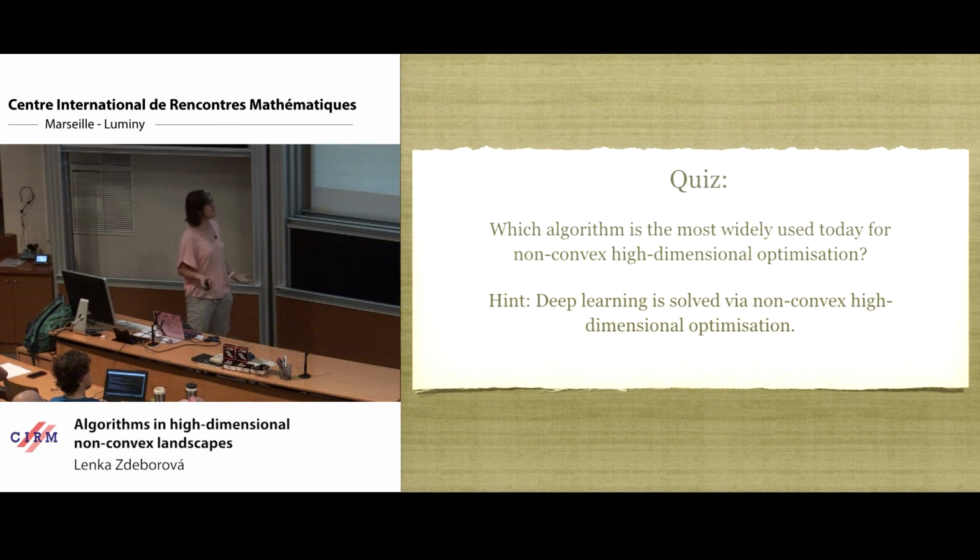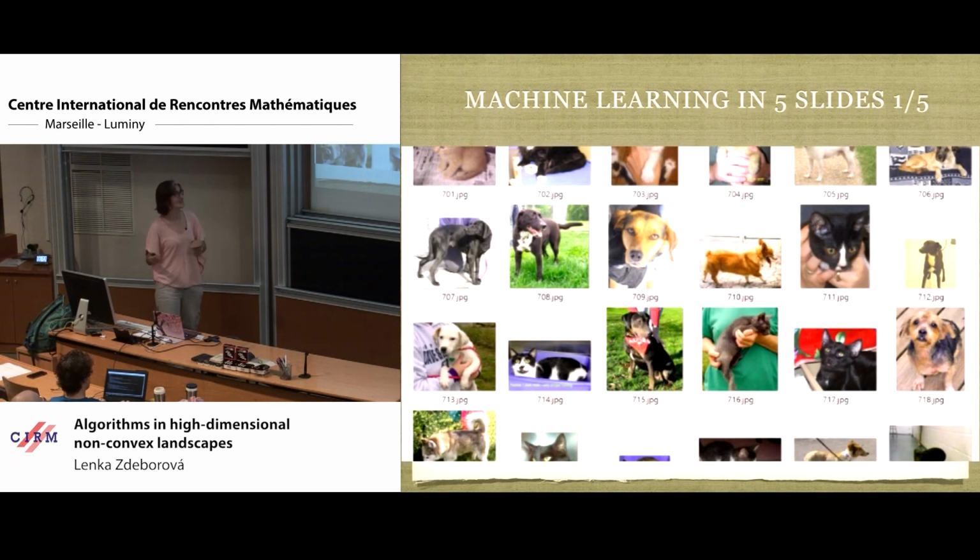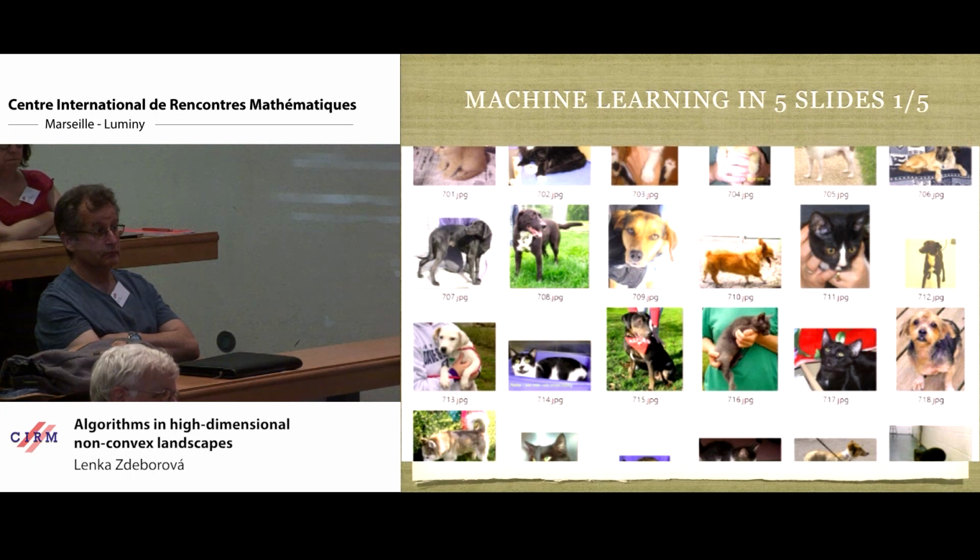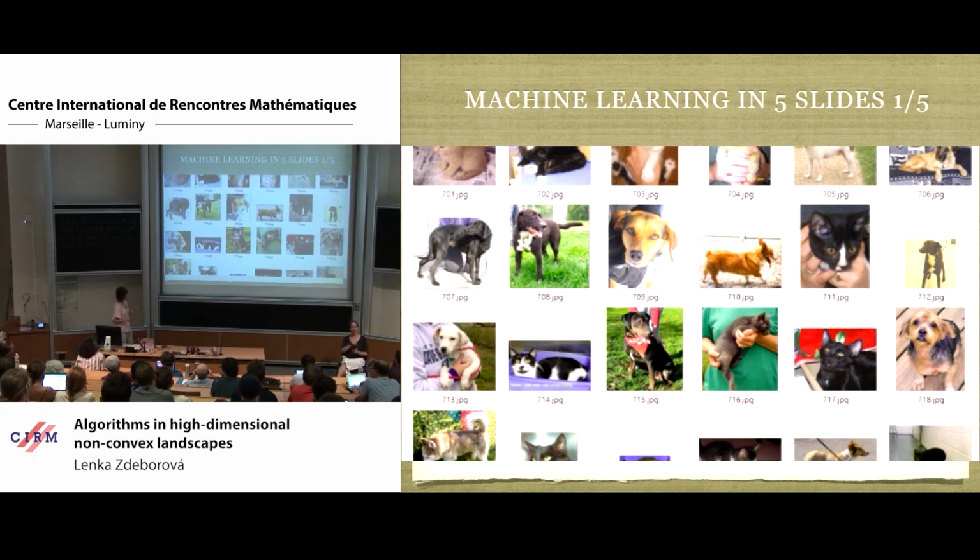So for those of you who don't understand why he's saying that, I have a hint. What is the algorithm that is used to train these deep neural networks? It's gradient descent-based algorithms. And yesterday over lunch, Cyril told me that maybe not everybody will understand that that's the case. So I decided to explain machine learning in 5 slides. A crash course on machine learning to tell you in which context these gradient descent algorithms are used, and what we want to understand about them.